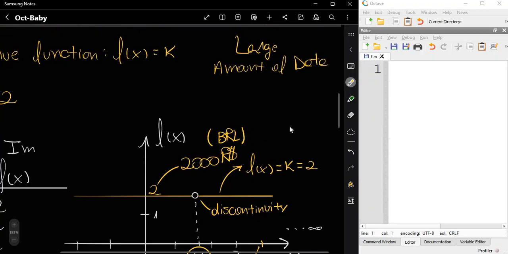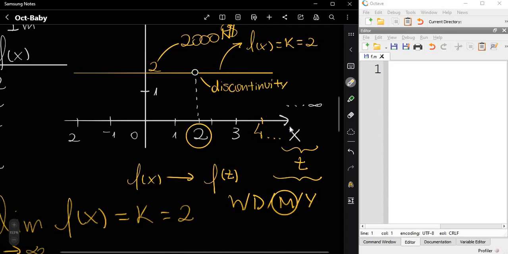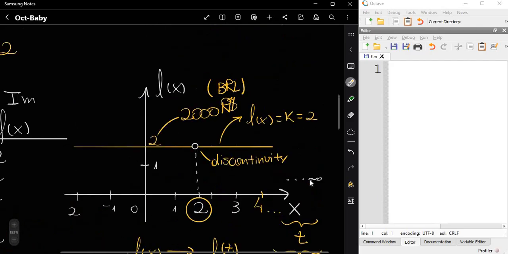Let's now grow this problem. Let's say now that we are using maps.